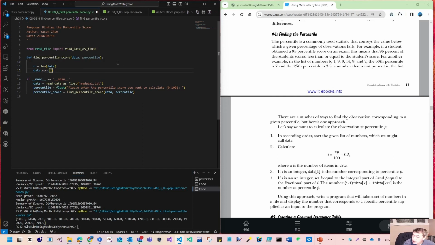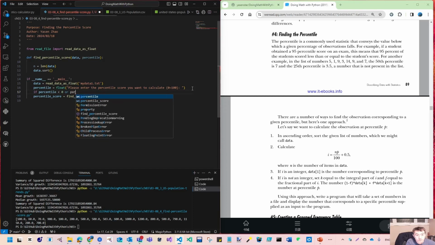We will check whether it is between 0 and 100, because if it is outside that, it is actually not able to be used. So if percentile is lower than 0, or percentile is bigger than 100, then we will do the